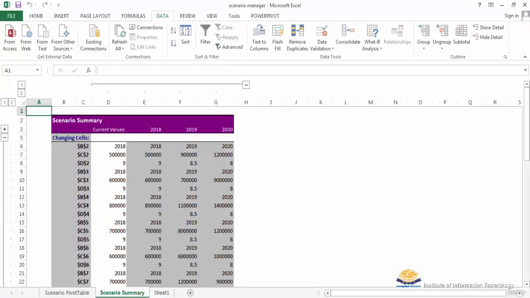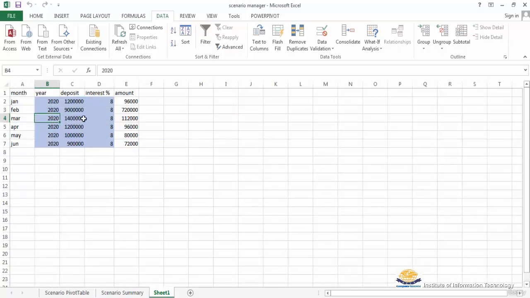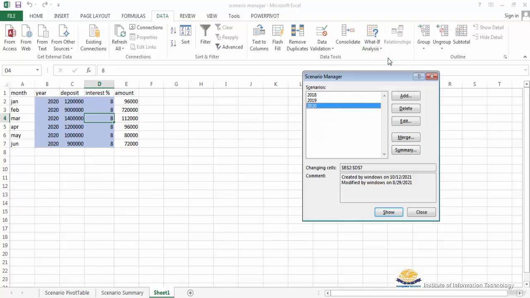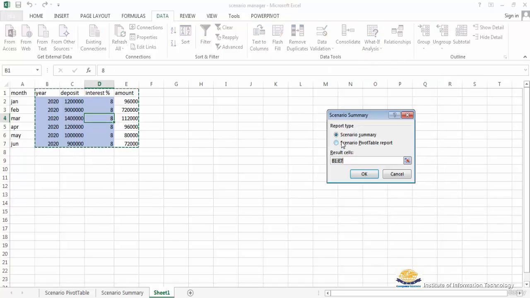To create this summary, simply set the cursor in the data, open Scenario Manager, then we can see the summary. Click on Summary. We can see two options for report type: scenario summary or scenario pivot report. And the result cells, as I already said,